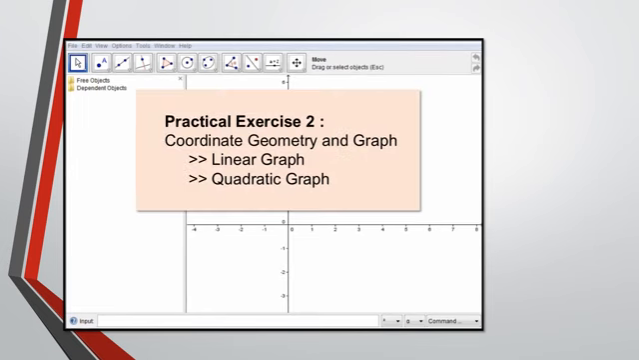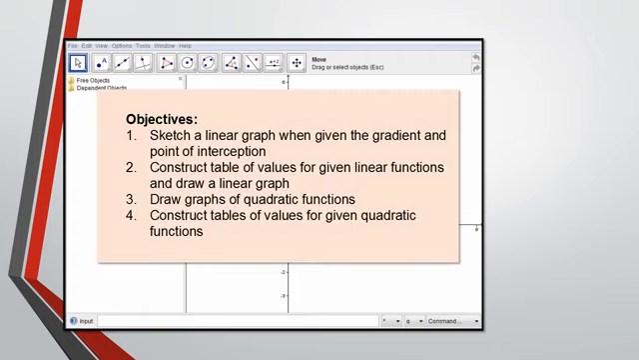Practical Exercise 2, Coordinate Geometry and Graph. In this practical exercise, we divide into two subtopics. There is linear graph and quadratic graph. The objective of this practical exercise, at the end of this lesson, students will be able to sketch a linear